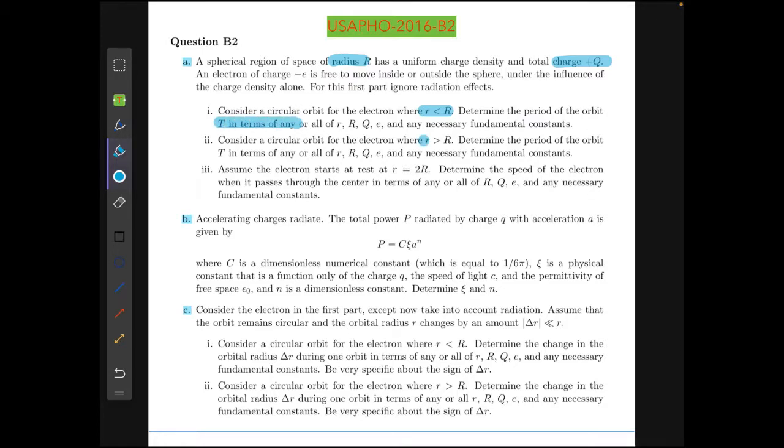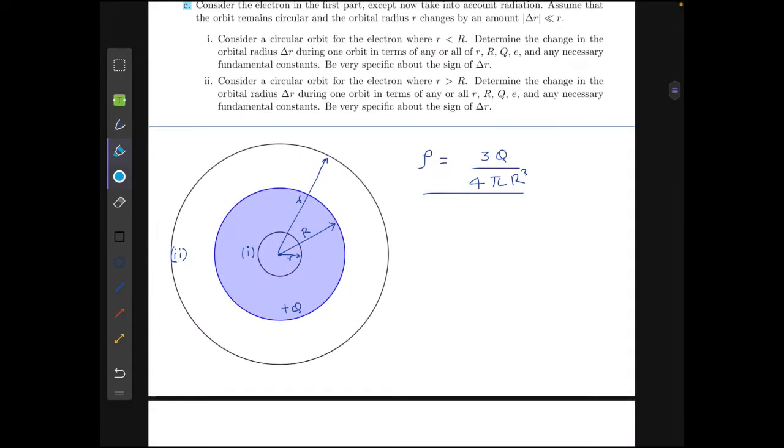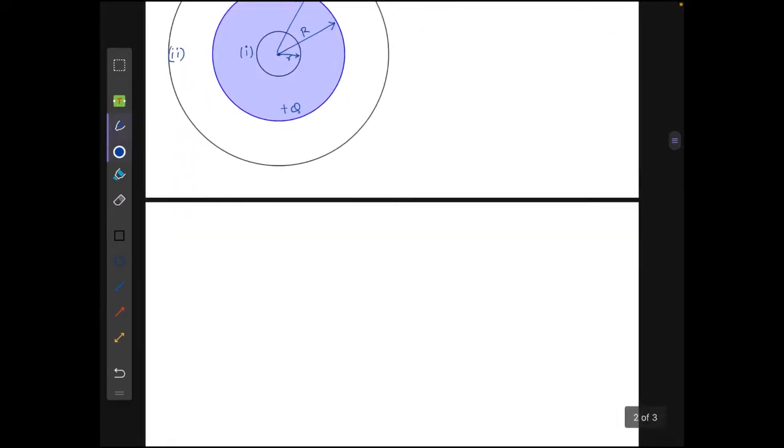And similarly, in the second case, we have to assume r greater than R and again find the period of orbit. So first let's work on these two parts. So this is the approximate diagram, and here the charge density rho in the region will come out to be 3Q over 4 pi R cubed. So in part A, for the first part, what we get is that the electric field at a distance r